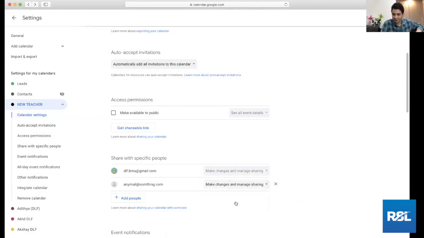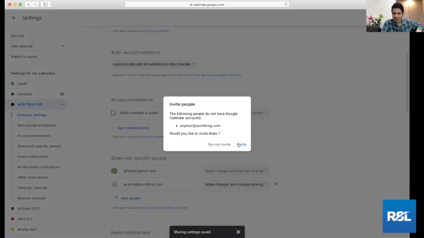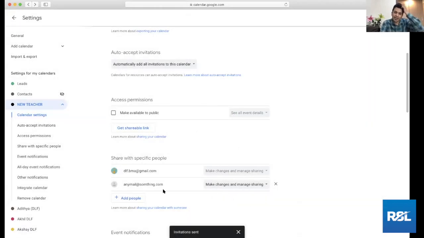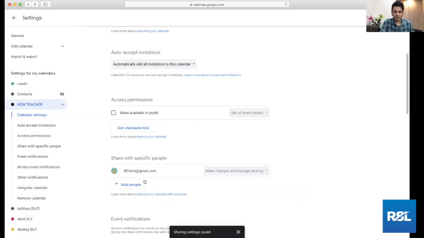If you do this, the benefit is that the teacher will actually be able to add this to, say, their Apple Calendar or any other Google Calendar or any other calendar as their own calendar. It will show as their own calendar, so it's very easy to sync into that, and the events will show. Otherwise, this will show as a shared calendar event. I hope that is understood pretty easily. To disconnect someone, just click on the X and that's gone.